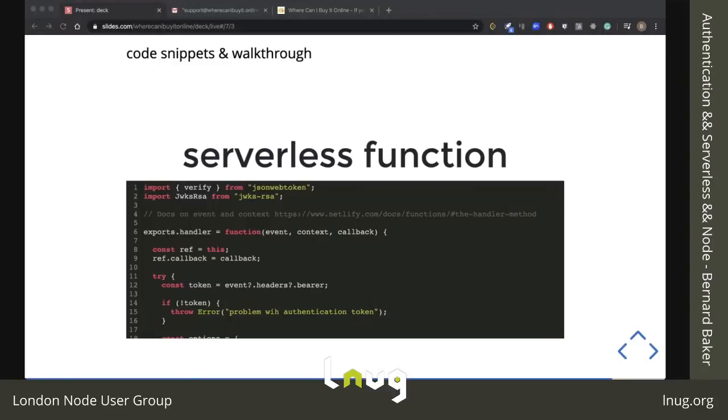We provide an audience and the algorithm, and the algorithm that we're providing here is a public and private key 256-bit algorithm for the handshake for authentication. And then you need to provide your well-known JSON web keys, and that's how they validate it. You also need to be able to get hold of the keys. You need to be able to verify the token, and you need to respond back to your calling application